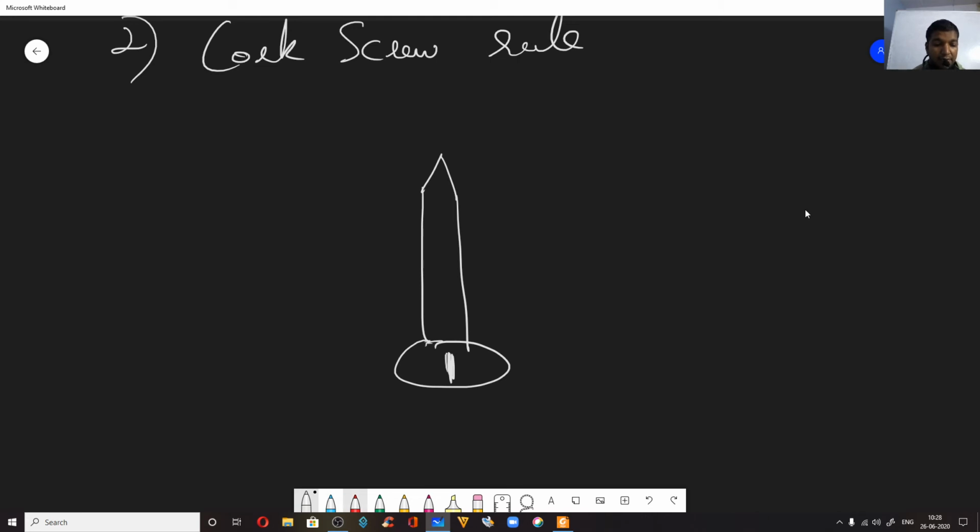Now say there are two vectors A and B here. Now imagine the tails of vector A and vector B are exactly at the center of the screw. Now what you are doing is taking the vector A to B. That means you are performing A cross B. When I say A cross B, you have to imagine you are moving from this point to this point.